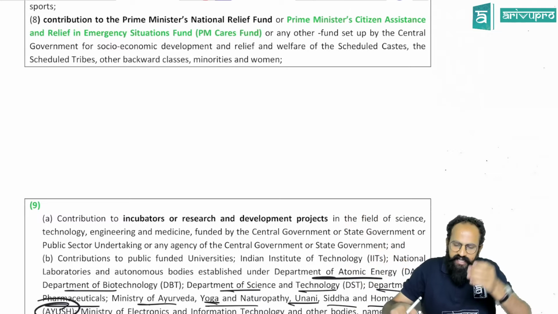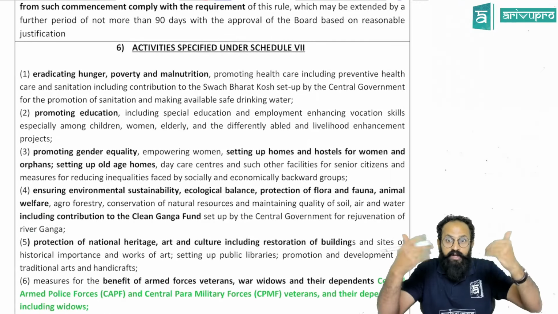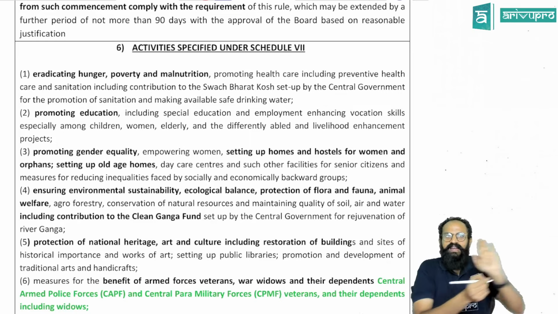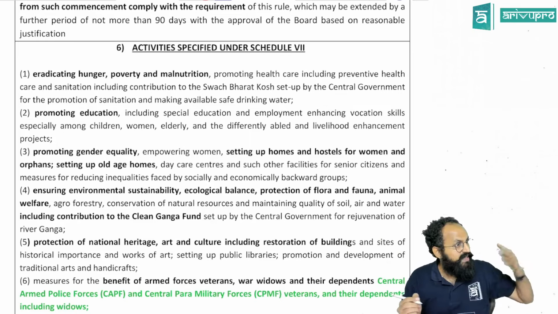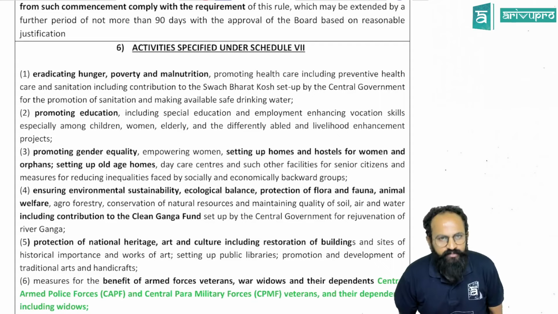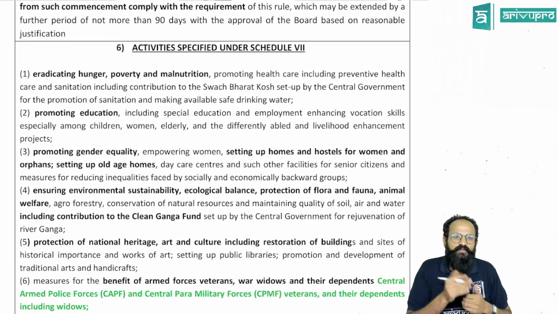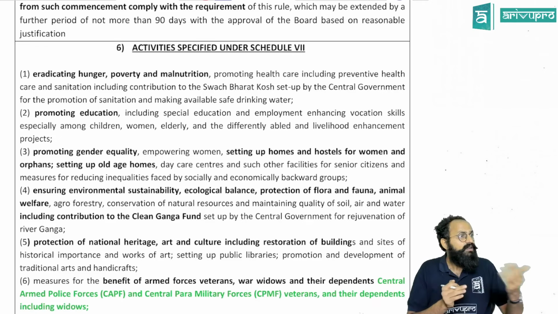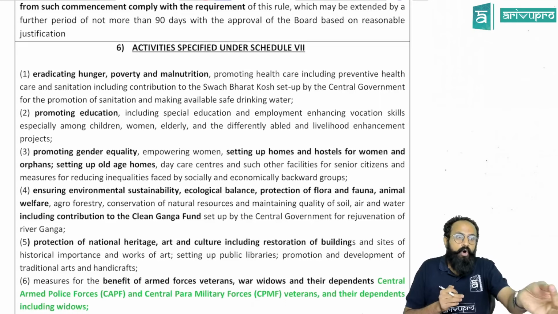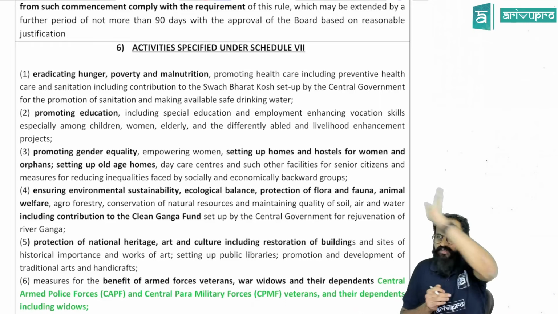So sir, on what can I spend? You can spend it on these things, people. Just remember and go. They will never ask you to write Schedule 7. Never. Yes, sir. But what are those? Just remember some 5 to 6 items and go. You need not even remember. Imagine on what all you can spend. Give me some 5 examples. Education, health, old age homes, child awareness programs.